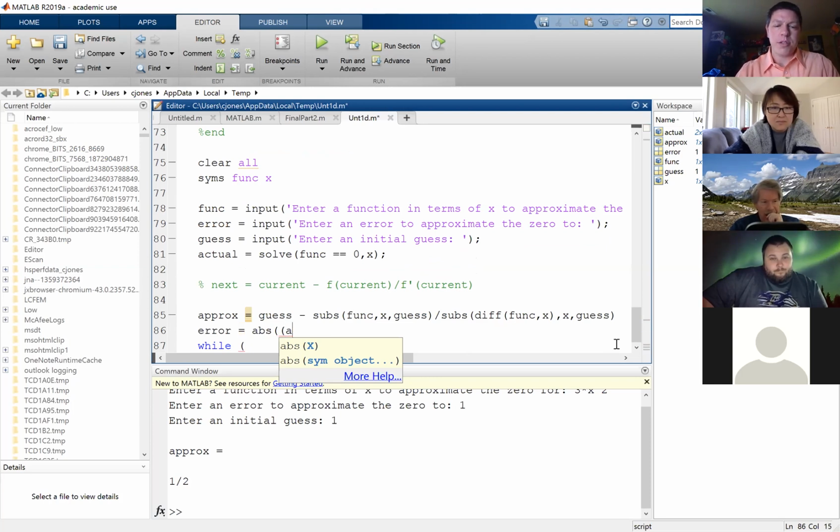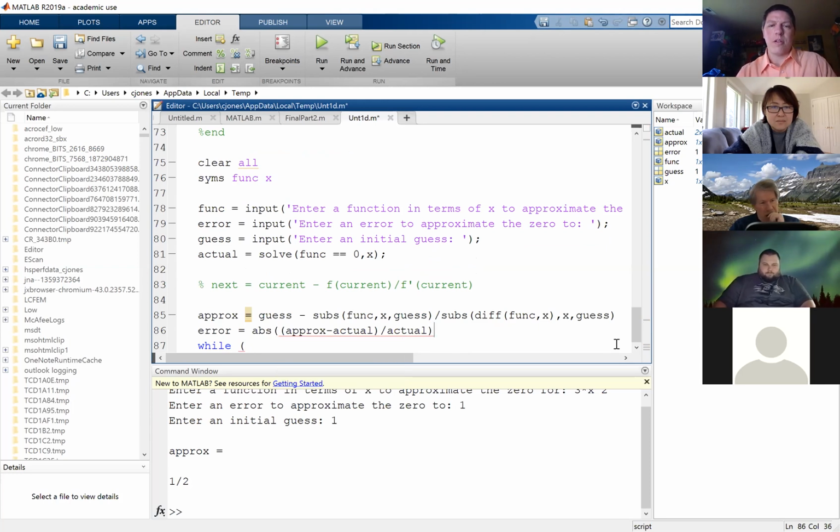What's it going to be? Approx minus actual divided by actual. Yeah, I think it's that. All right, that should work. All right, so we're going to say while error